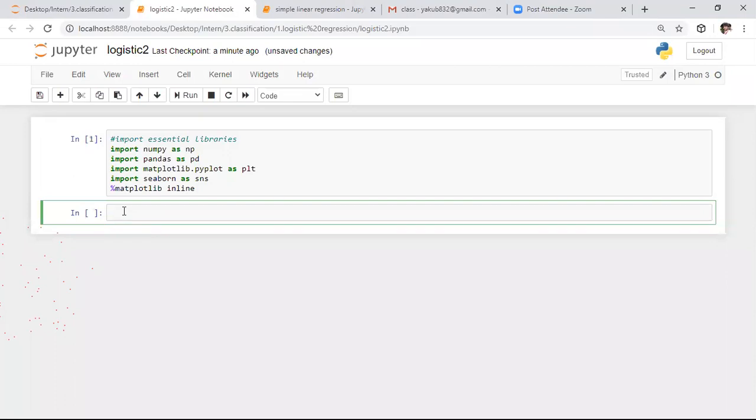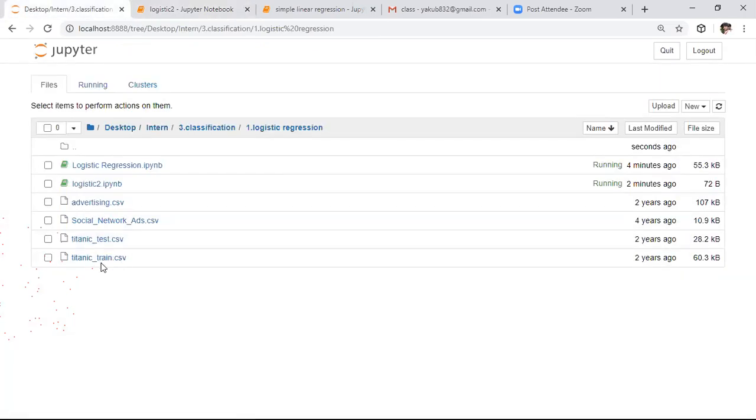To train the machine, we need to specify the read underscore CSV function. In this, we need to specify the training dataset name. If you observe this folder, we have Titanic train.csv, and I want to consider that data.